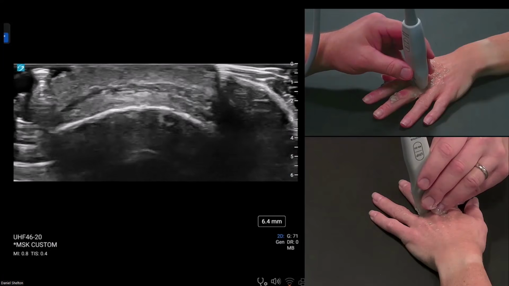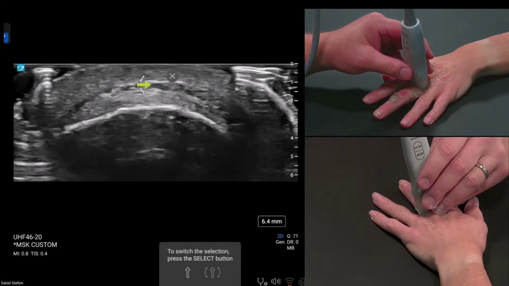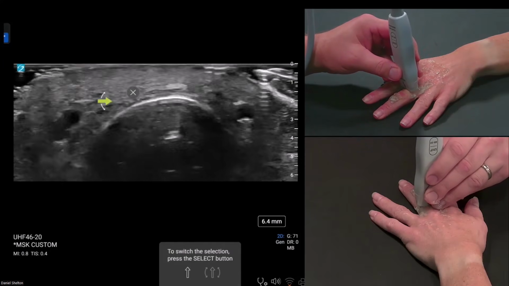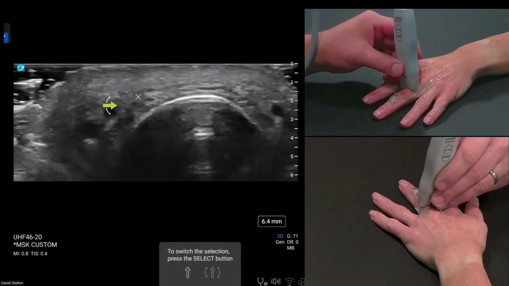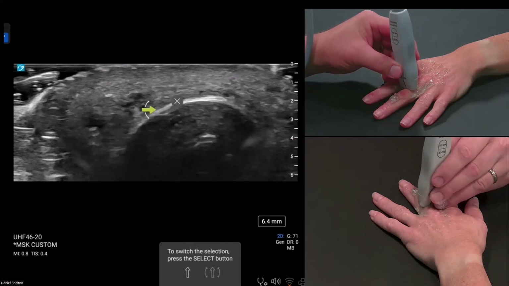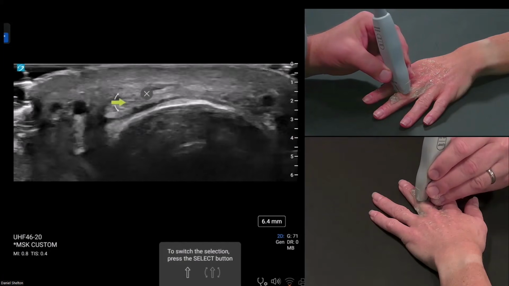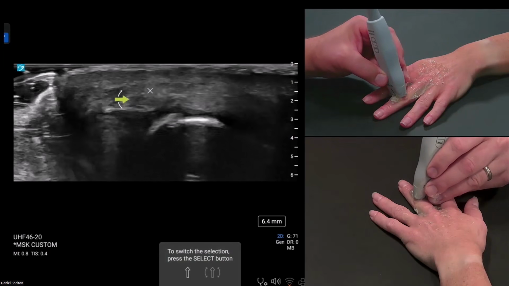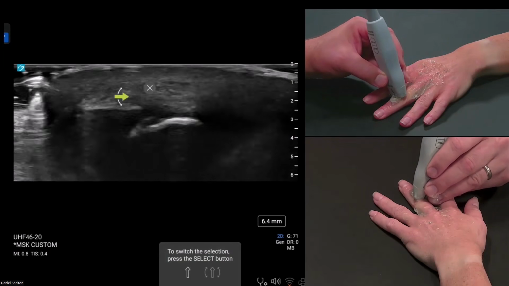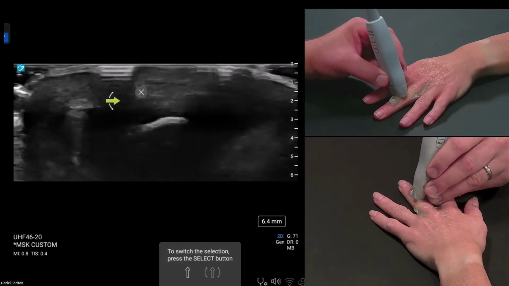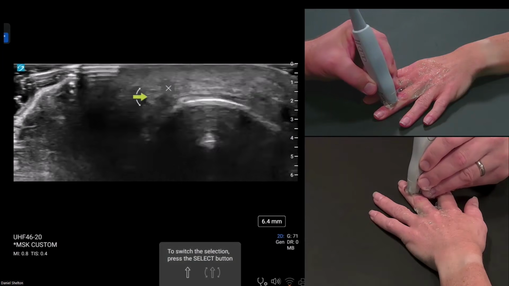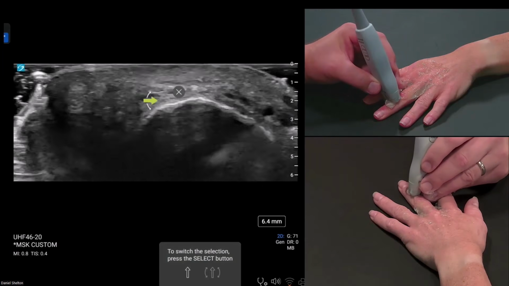I can see the tendon here, and then watch on each side, you'll see these round ovals start to form that are more anisotropic if you tilt the probe back and forth, but that's what this oval is here. So we'll just keep following this oval. It will go around the PIP, join up with lumbricals and a bit of the interossei tendons, and eventually come all the way down to the DIP.